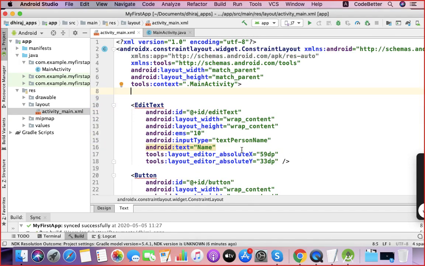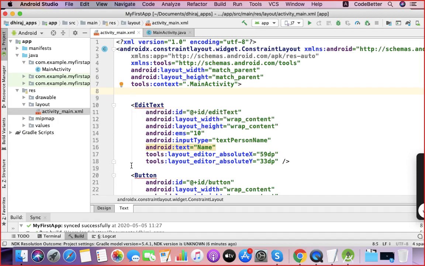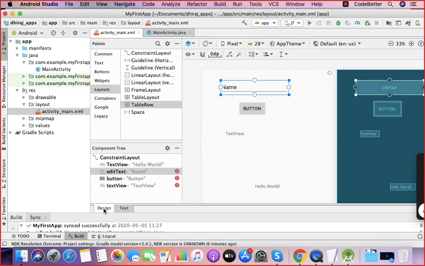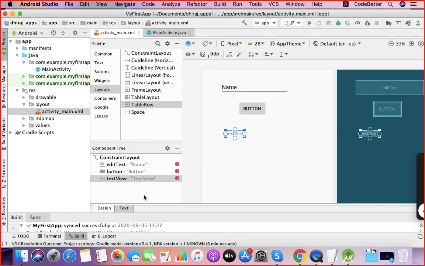If I remove it from here, the last text view at the bottom is removed. If you want to remove the text view which I selected, you can delete it from here, and you can also go to the text part and remove the complete tag of that text view.